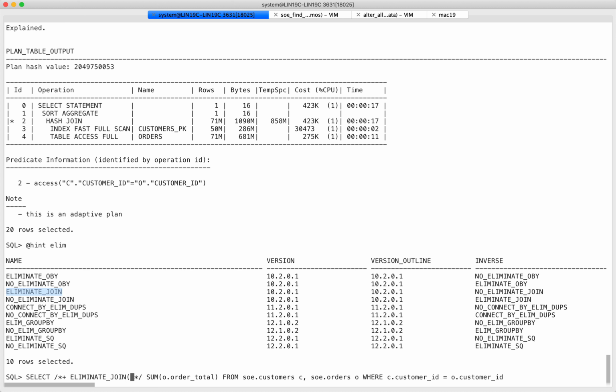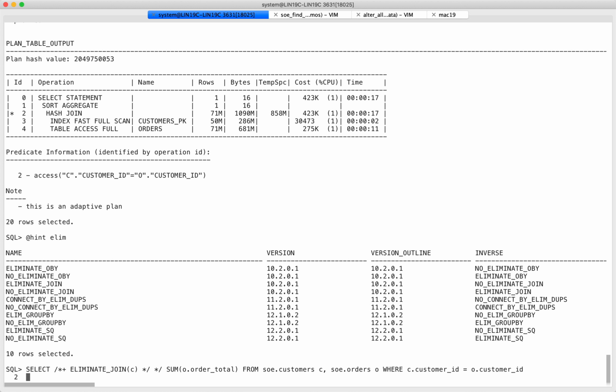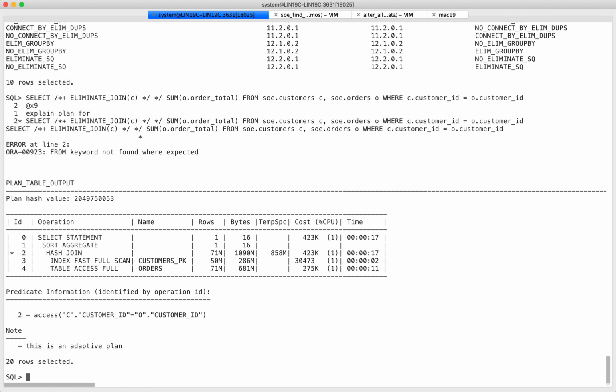That if I want to eliminate the join, I think it's this way. I don't even remember which way. Documentation helps, right? I definitely want to see data from this table, but I'm not actually selecting anything from the customers table, right? So let's see what the